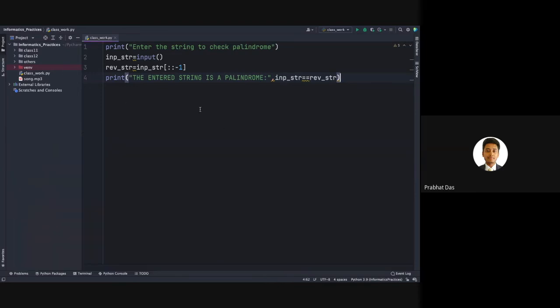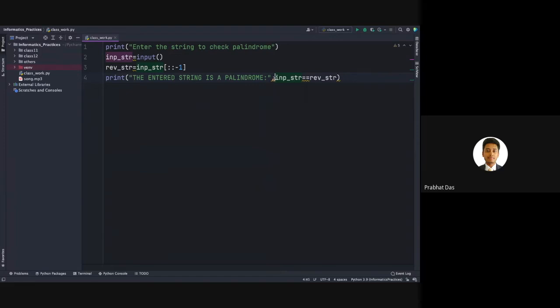If the concept of palindrome is clear and this program is clear, please type 1 in the chat box. In line number 1, we have simply printed that we need to enter a string. In line number 2, we are fetching the input from the user. In line number 3, we are reversing the string using the slicing mechanism of string operations. And in line number 4, we use the print statement to print the statement under double quotes. Since we are also performing an operation with the help of the relational operator, we are establishing the relationship.